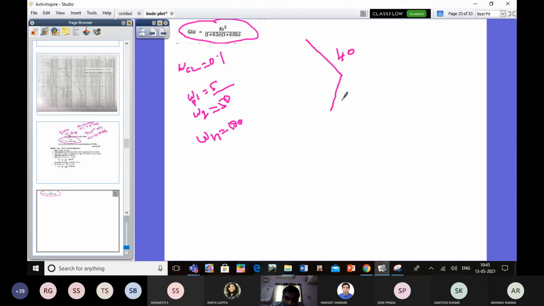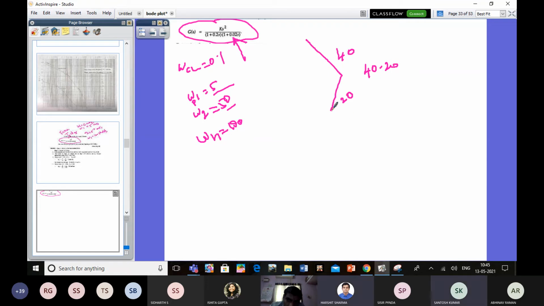Plus 40 dB minus 20 dB slope, we will get again plus 20 dB per decade slope. Are you understanding this? So from the 40 dB slope, the change in the slope is again minus 20 dB, so we'll get a 20 dB slope. Next, what we have to do? Again minus 20 dB. T is equal to 0.02, so the corner frequency will be omega 2, that is 50 radians per second. It can contribute minus 20 dB. So what is the slope?